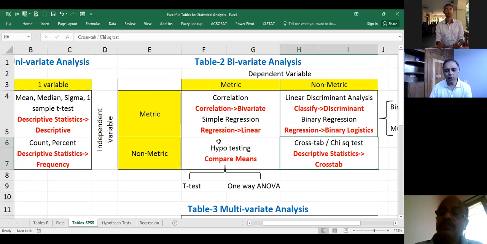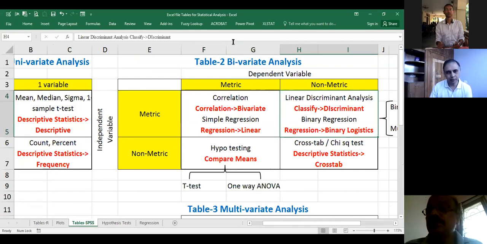Now, if you search on YouTube for simple regression, binary regression, you will find hundreds of videos in your own language also. But what is missing is that very few videos are available where they teach you how to arrive at the decision of which tool or technique will be applicable. Friends, let me tell you, statistical techniques are not good or bad. Nobody can say that structural equation modeling or any sort of complex regression is better than percentage. Nobody can say this.